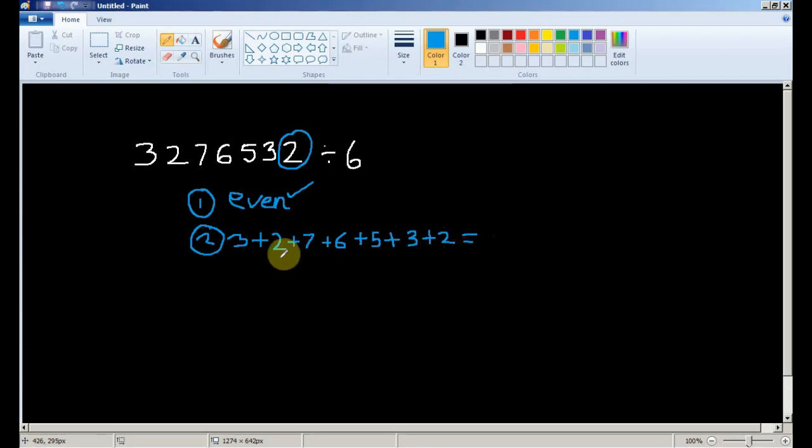So let's find out what is the result. 3 plus 2 is 5, 5 plus 7 is 12, 12 plus 6 is 18, 18 plus 5 is going to be 23, 23 plus 3 is 26, 26 plus 2 is 28.